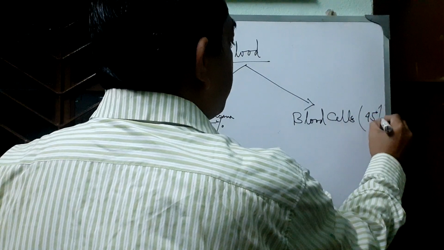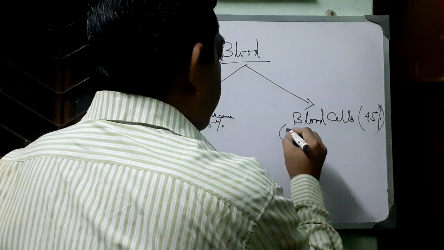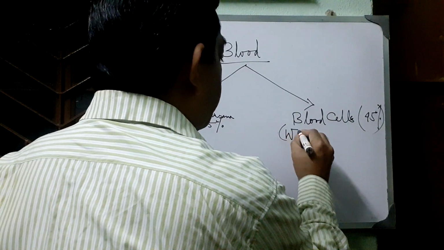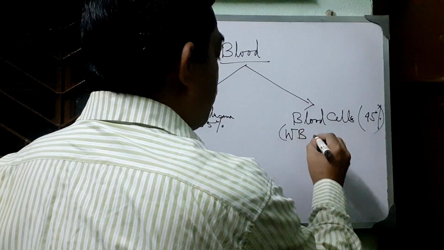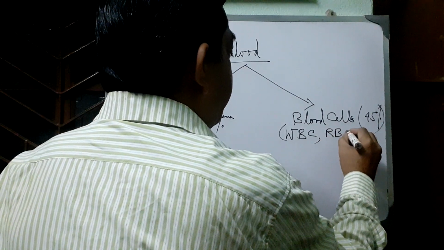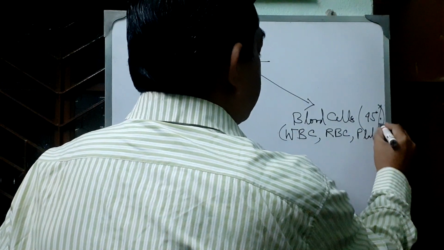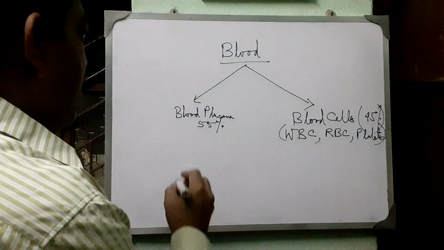This is the general composition of human blood. Among the blood cells, white blood cells (WBC), red blood cells (RBC), and platelets are present. Now this blood plasma,